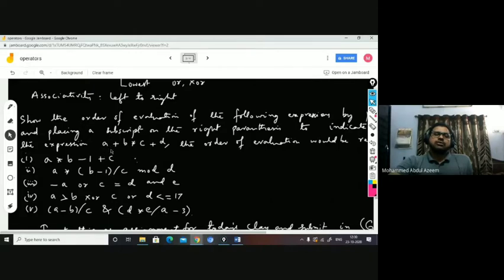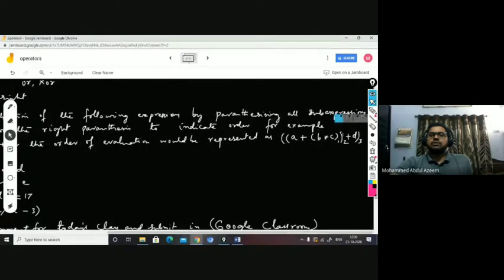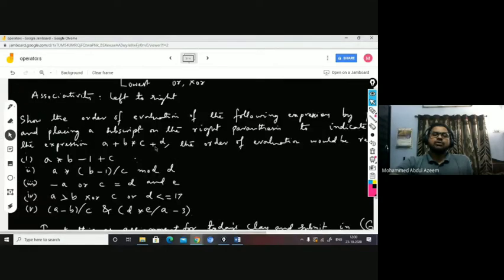So it means you need to evaluate the first plus, right? Here this plus is going to be evaluated on the left operand A, and the right operand whole becomes a value. This whole becomes a value for the right operand of the plus operation, right? So A plus B into C. So this is the second operation to be evaluated. We have it presented, right? And the next operation left to be evaluated is only plus, of course. After this has been evaluated, this whole becomes a value. This whole becomes the left operand for this plus, and the right operand is D.